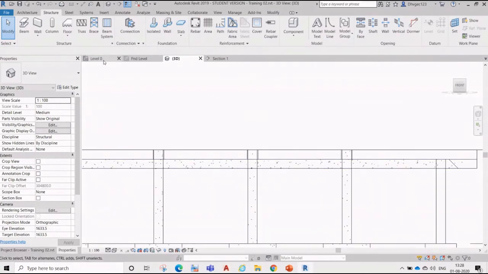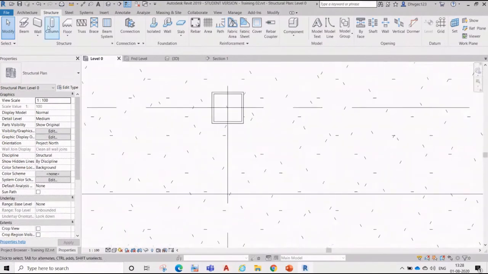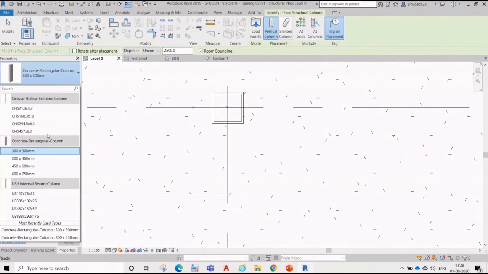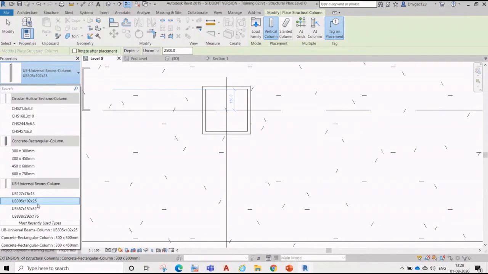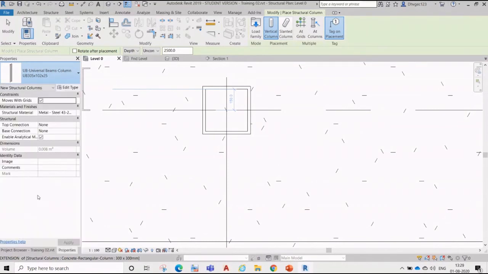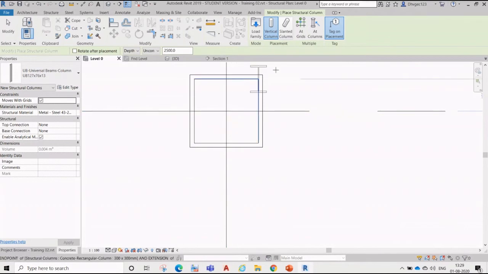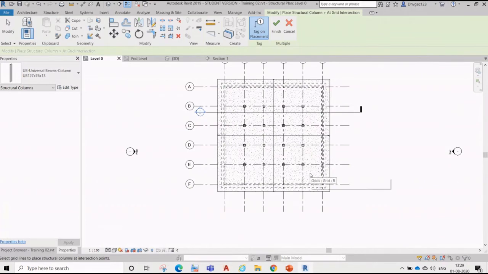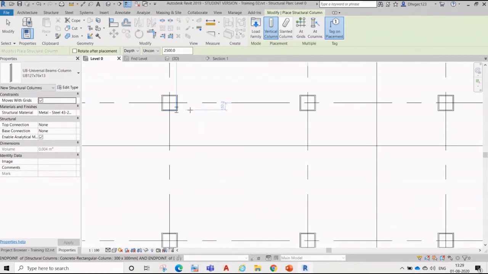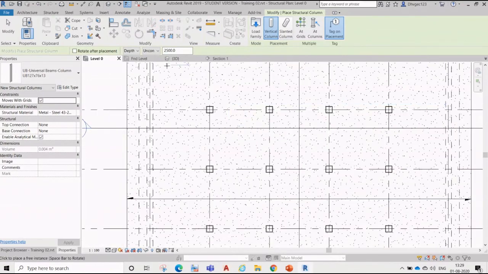Now we'll go here and put the steel columns. Select the steel column, whatever you want, like 300 UV. No, this is bigger for our columns. We'll take this one, then again by grid. We'll select all the grids and say yes.